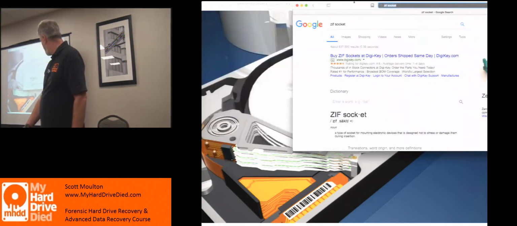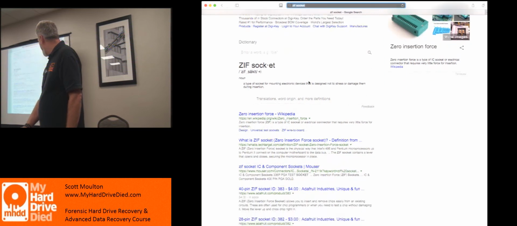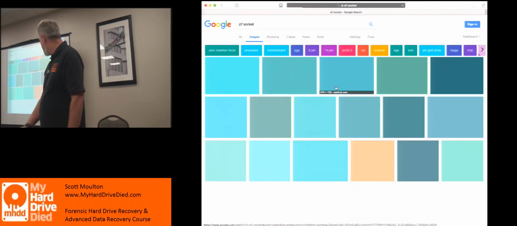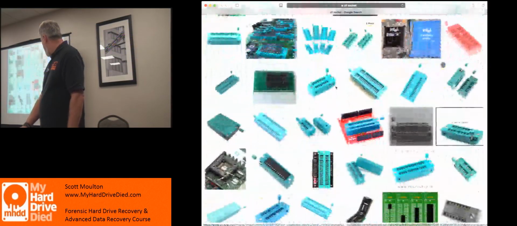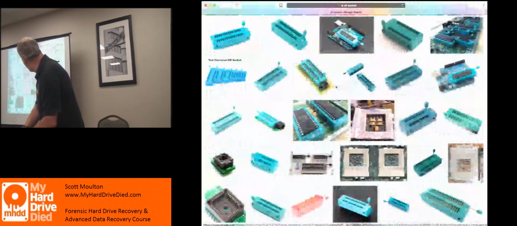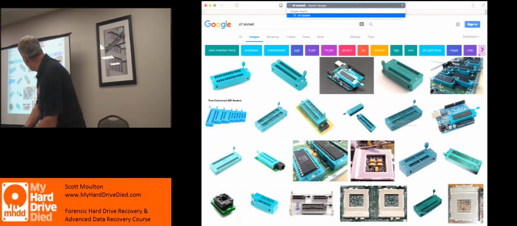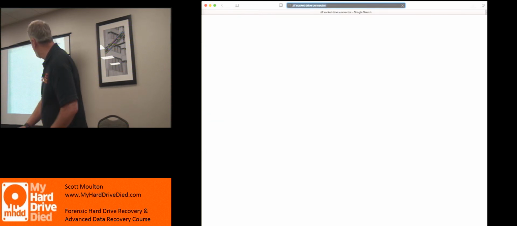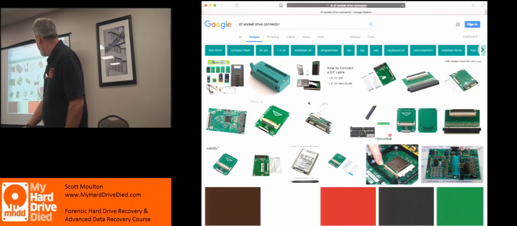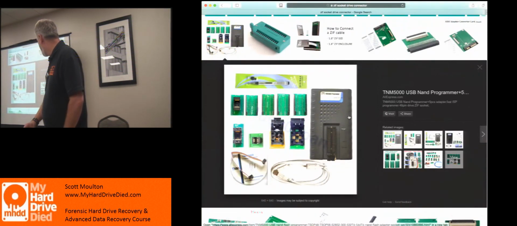Is that like the old zip drive? So Zifs are zero insertion force sockets, and then they look like, it's not these. These?